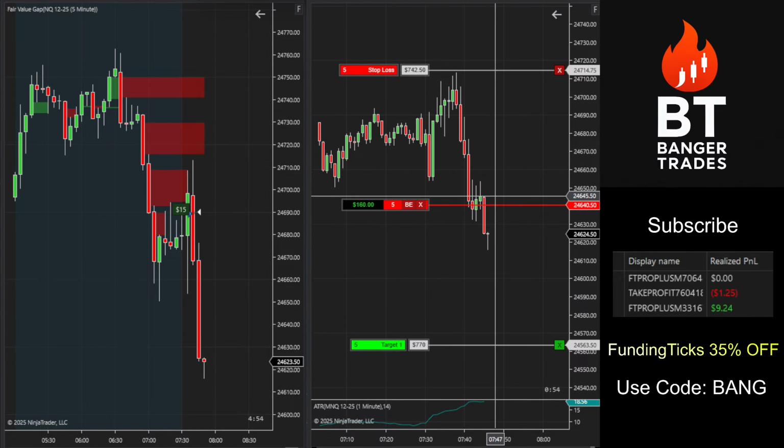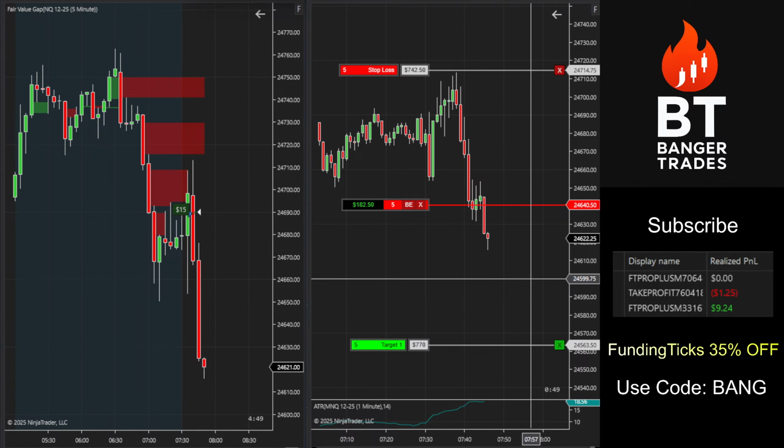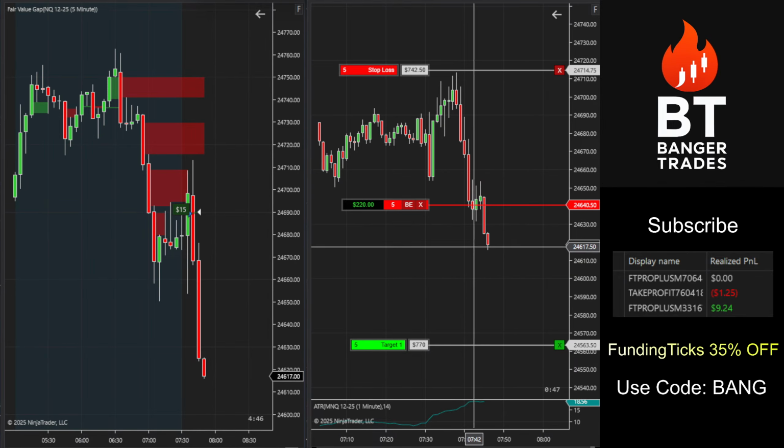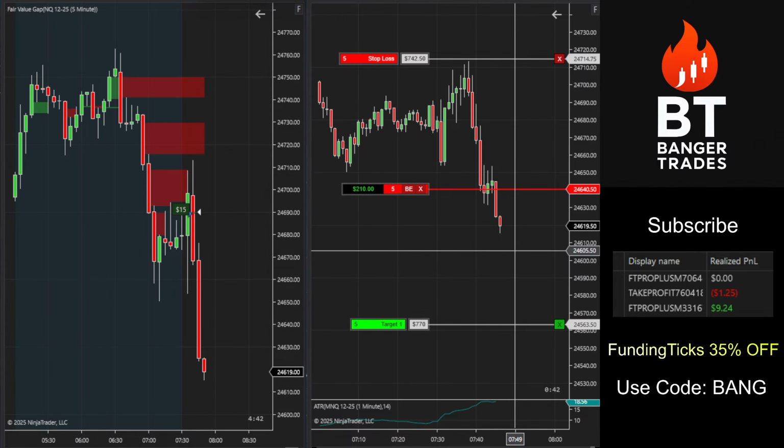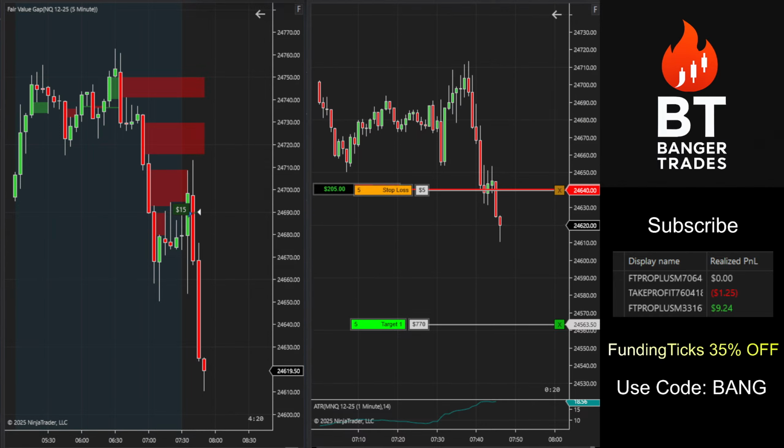Not the best entry either. We were like 5 points off. Again, a little slow getting in the trade there, trying to switch over to micros last second. But yeah, this trade's just bleeding out perfectly. We are at the London lows. We'll see how we hold up here. I'm gonna go break even just in case